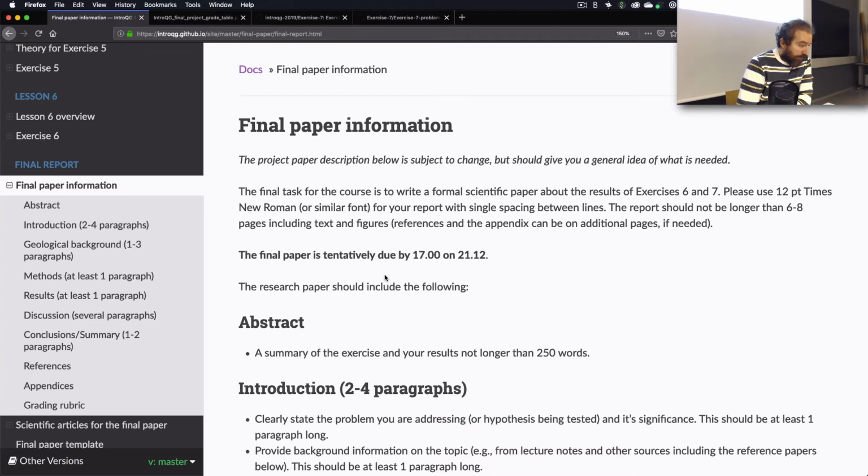Now that you've done parts of exercise number 6, it perhaps makes sense to revisit this description or overview of what the paper is about. When I mentioned it earlier in the course, things were maybe too unclear in terms of what you were going to be doing. But basically, it's